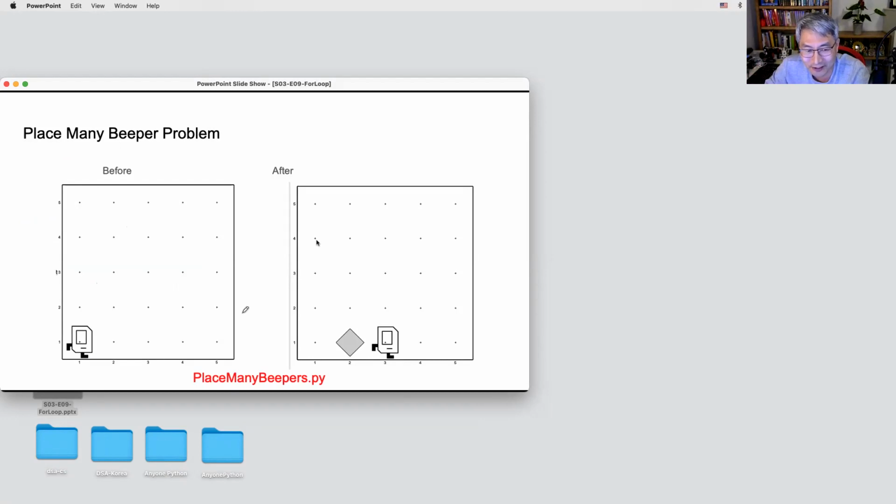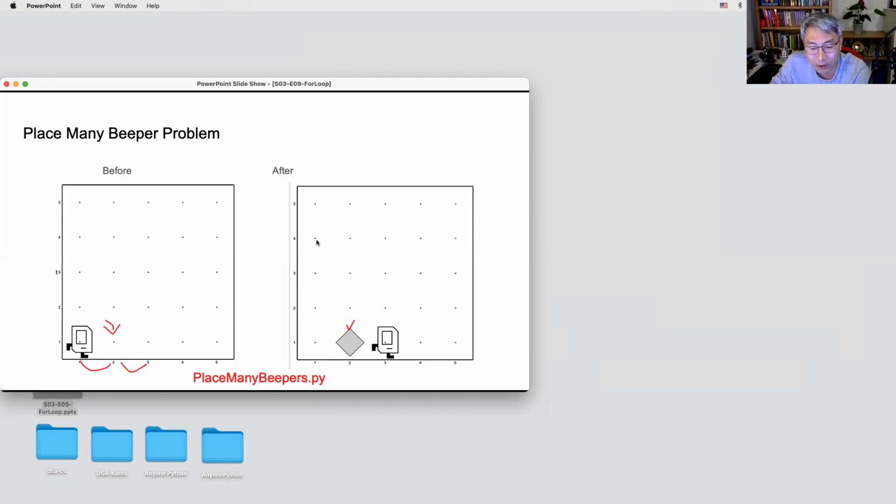So what was this problem? We try to put a number of beepers here. How can we do that? For example, in the case of just one beeper, we can make Karel move to the corner, then put a beeper, then move. So this is an easy problem.